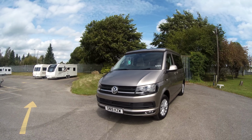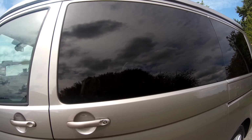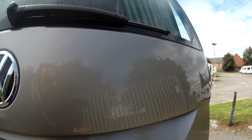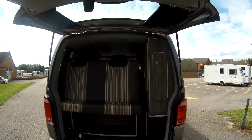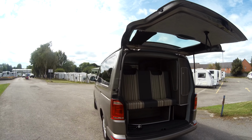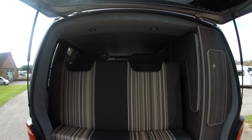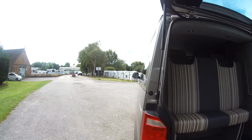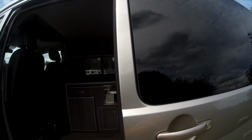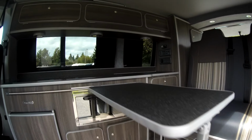And this Mojave beige Camperking comes with the Monte Carlo conversion. It's a Highline specification. So in addition to that we have the wash wipe on the tailgate door and glazed heated windscreen. We have in addition the power latch sliding door,